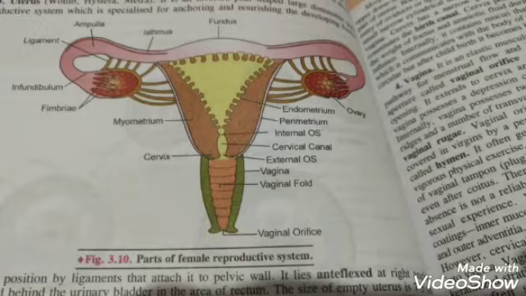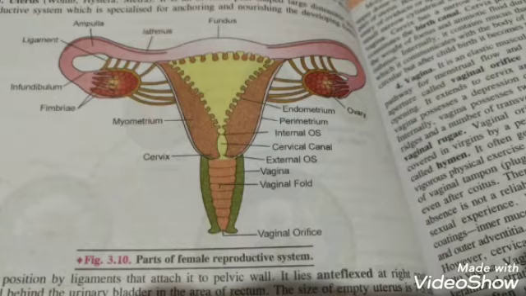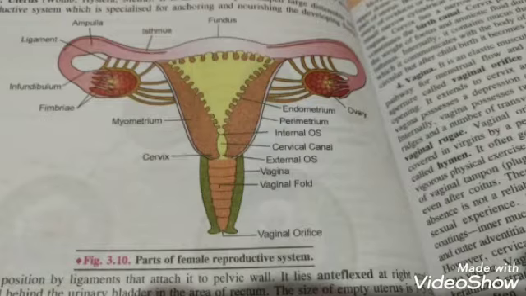After maturation, when the egg is released from the ovary, it is first of all collected by a finger-like structure called fimbriae. Fimbriae is part of the fallopian tube. The fallopian tube has basically three parts: the swollen part is the ampulla, just behind the ampulla the isthmus is present, and the first part is the infundibulum. So the movement of the egg is from fimbriae to infundibulum, then from infundibulum to ampulla, then from ampulla to isthmus.